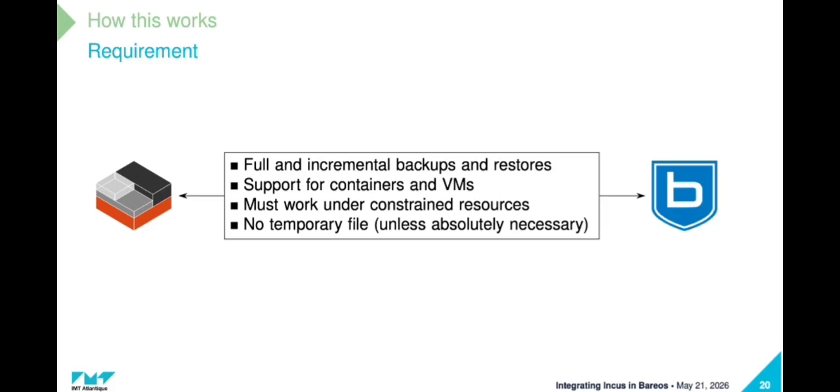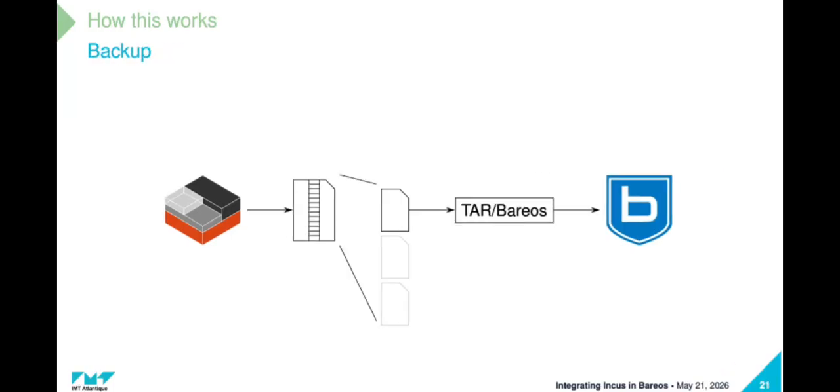All these requirements actually were quite hard to handle, but we studied that for quite some time and came up with the solution that is now merged. So basically, when you back up files for a container, Incus, you can ask Incus to produce a tar file, and this tar file is backed up. So we stream the tar file to the plugin,